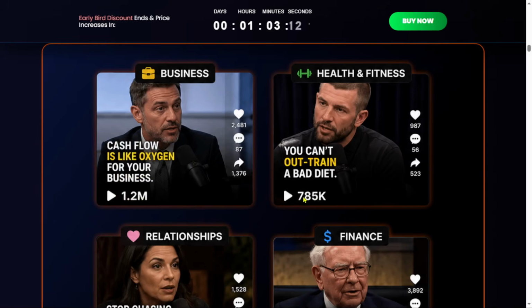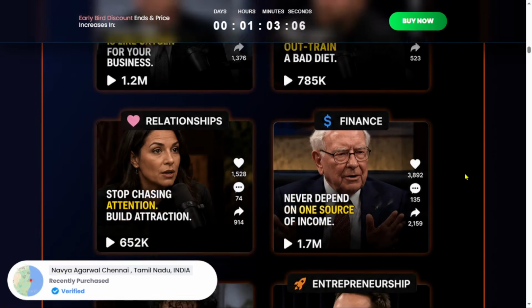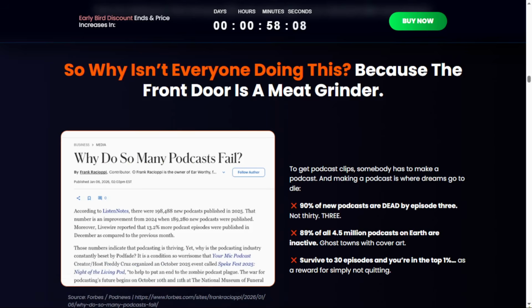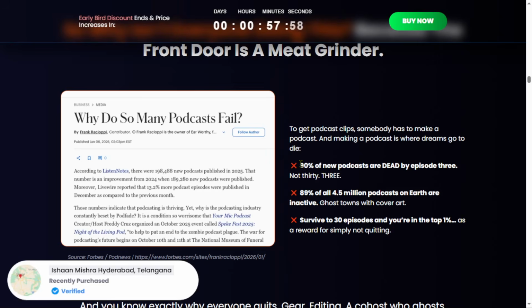The product is clearly designed around this one main idea: build your own show instead of simply clipping someone else. But creating a podcast manually needs thinking about topics, recording conversations, editing episodes, creating clips, publishing them in channels, and then trying to get people to actually see them. And if you are building short form content, then the workload can multiply quickly.